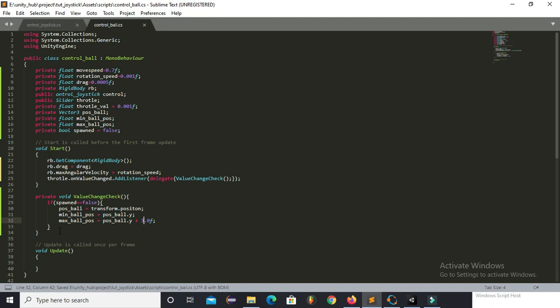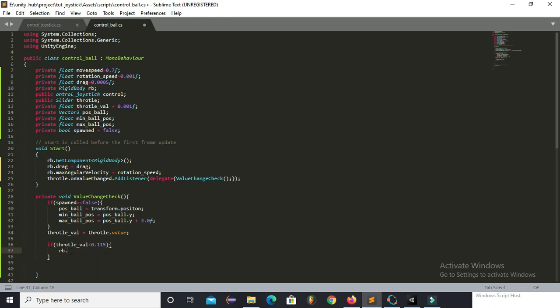So now after that, this throttle dot value function will return the value of the slider. And now we will put one more condition. So if the slider value is too low, then we do not want to lift the sphere.